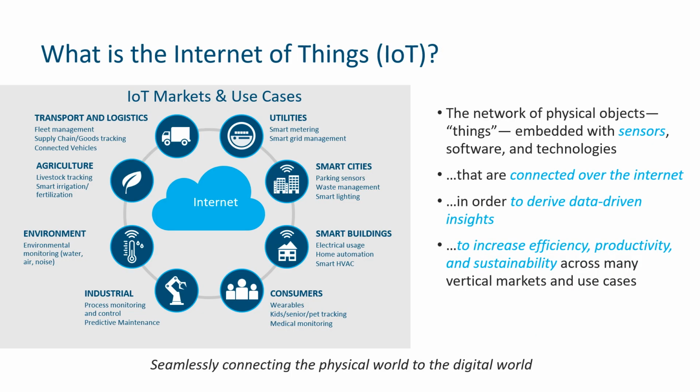So, what is the Internet of Things, or IoT? It's really a network of physical objects or things that are embedded with sensors, software, and technologies. And these things are connected over the internet, much like our smartphones and our laptops and our tablets. But these devices are connected in order to drive some kind of data-driven insights. And the purpose of all this is to increase the efficiency, productivity, and sustainability of many different vertical markets, use cases, and domains. I'm showing a lot of examples here on the left, but let me just pick out a